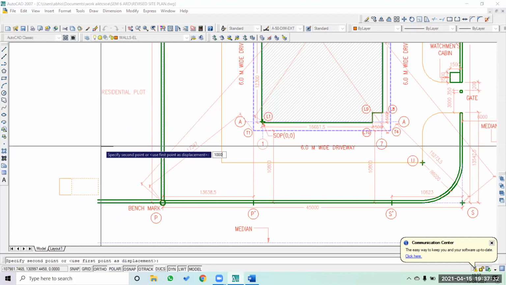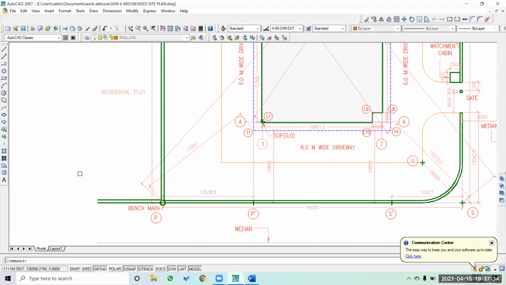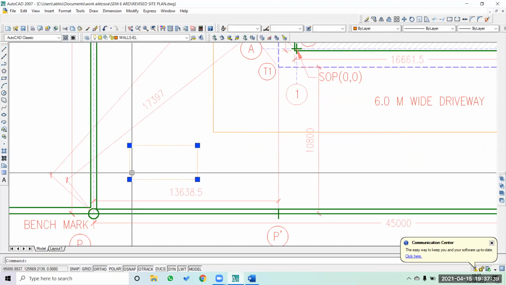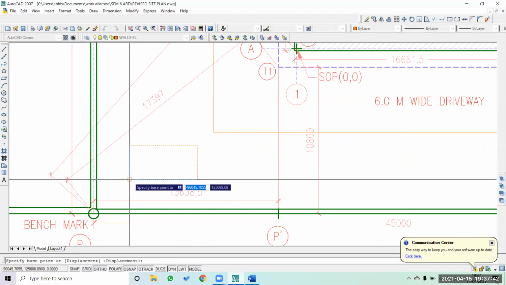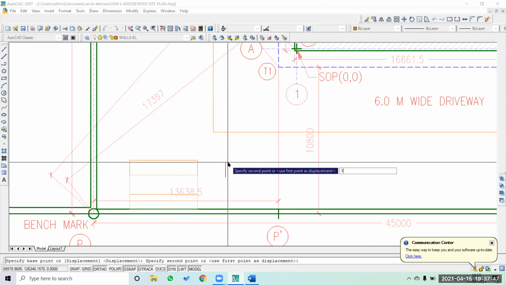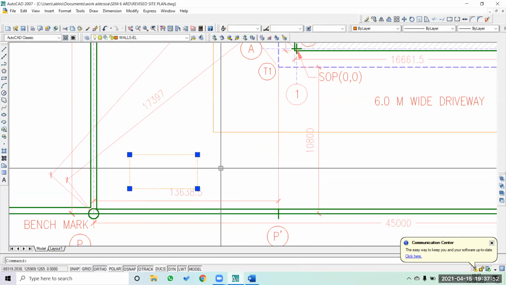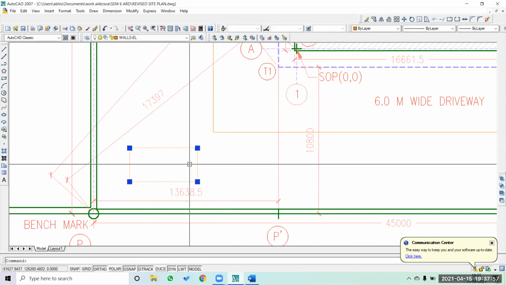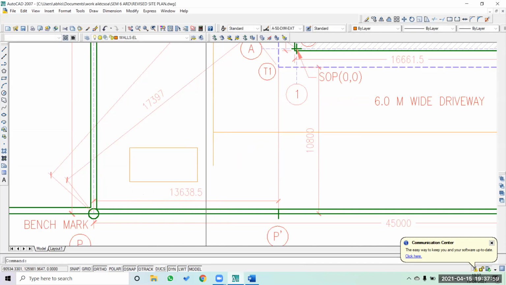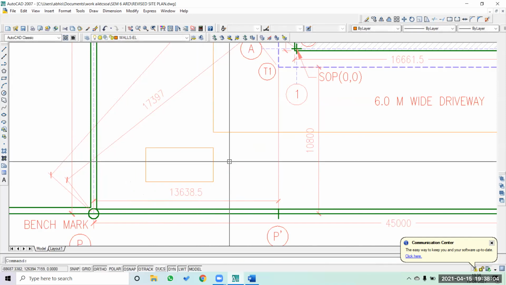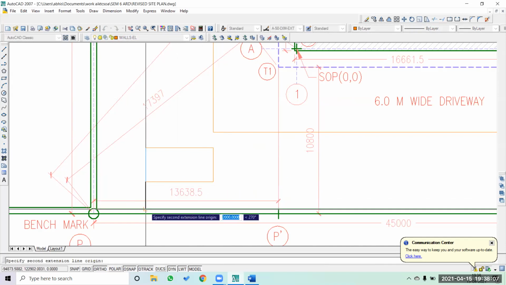I'll just make it 1 meter long here. Okay, so this particular tank is again going to be 1 meter or 1.5 meter, or 2 meter away from the main building, and it is pretty much aligned with this. So what we are going to do is, the process remains the same.